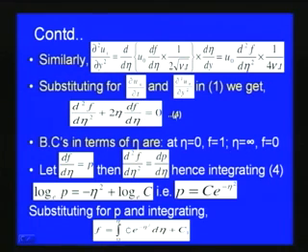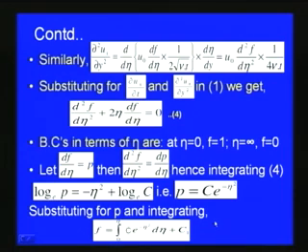In equation number 4, we put df by d eta equal to p, then we get d square f by d eta square is equal to dp by d eta, and hence integrating this equation number 4 we can write log e p is equal to minus eta square plus log e c, or we can write p is equal to a constant c times e to the power minus eta square. Here c is a constant. Finally, we can substitute for p and integrate such that we get f. So f is equal to the integral from 0 to eta of c into e to the power minus eta square d eta plus c1.